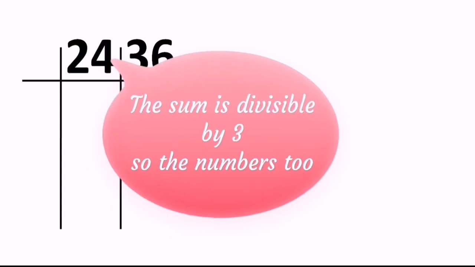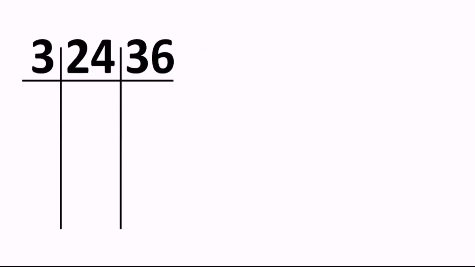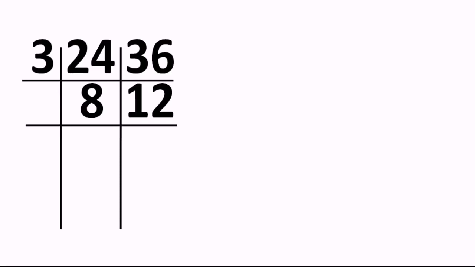But the way I told you, we will choose the bigger one of them. That makes the sum easier to understand. So I use 3. When you divide 24 by 3, I get the answer 8. 36 by 3, we get the answer 12, correct? Again we got both numbers even. So whenever even numbers are there, we divide by 2, right? So when you divide 8 by 2, we get the answer, yes, of course, 4. And 12 divided by 2, we get the answer 6.